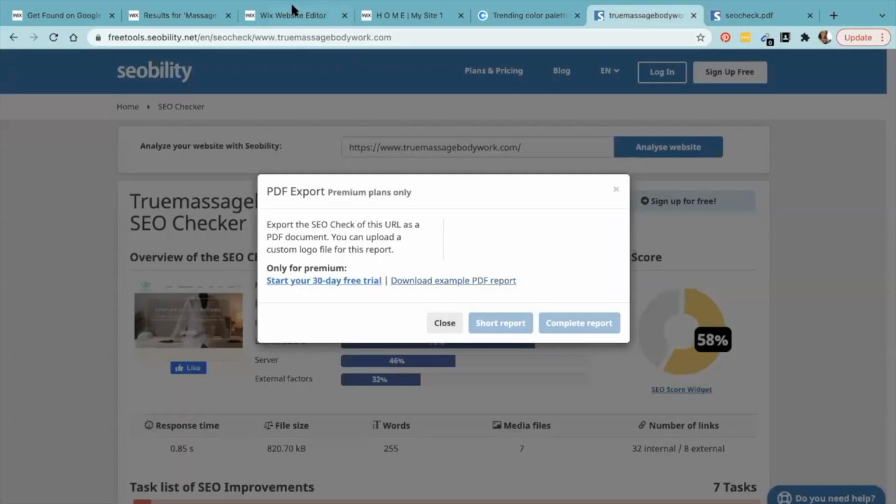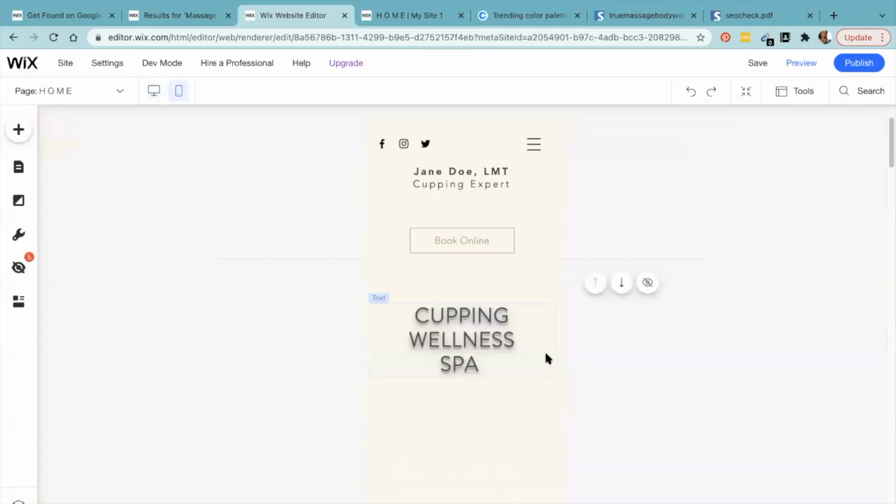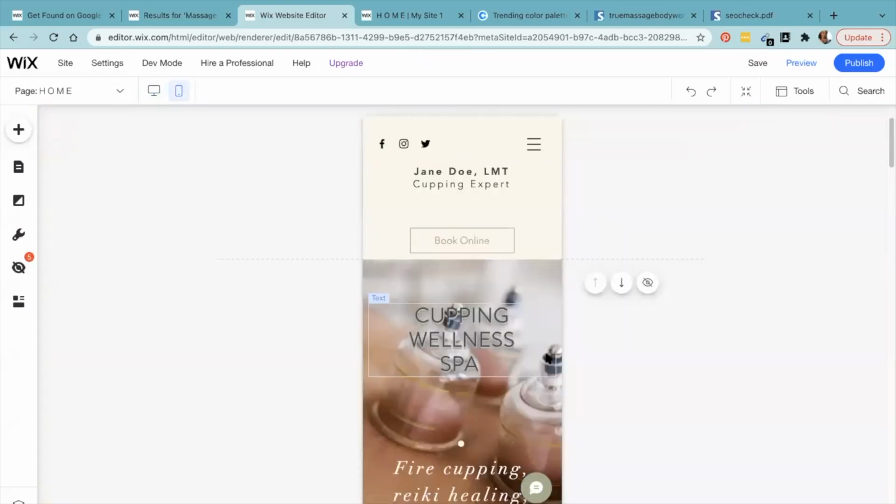Anyways, okay, one more thing. Let me show you one more thing when it comes to your website. Okay, I'm glad this brought it up. You want to edit the mobile part of your website. So one thing that's a little bit frustrating about Wix is that